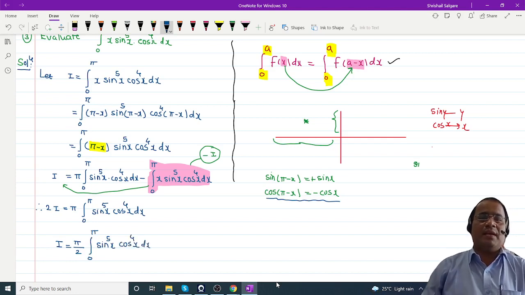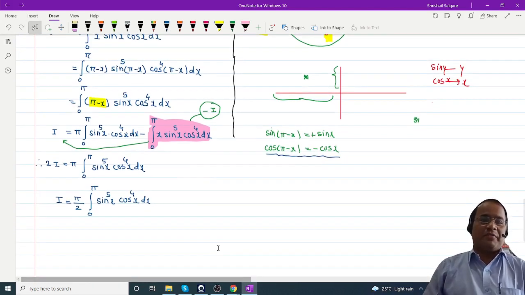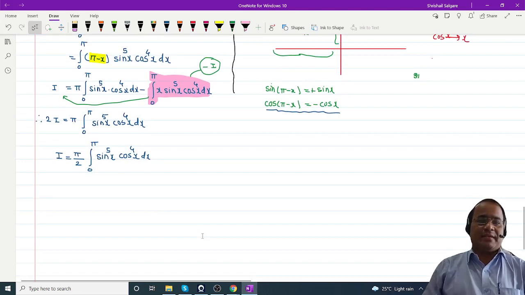Okay. Now see, one difficulty you have resolved here. You have removed that x. Now the next target is we have to obtain the limits of the integral as 0 to pi by 2. So any definite integral property you studied in 12th,